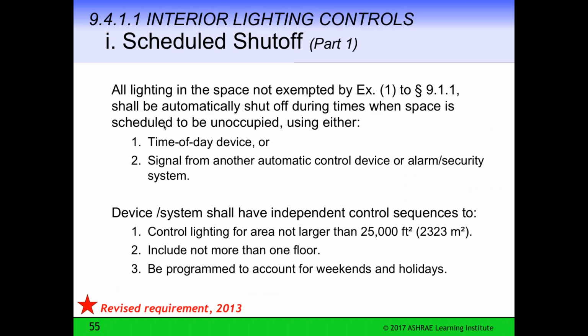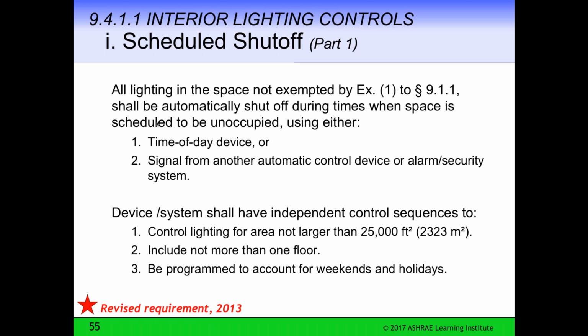And then scheduled shut off is that all lighting in the space not exempted by exception 1 of 9.1.1 shall be automatically shut off during times when the space is scheduled to be unoccupied using either a time of day device or a signal from an automatic control device.